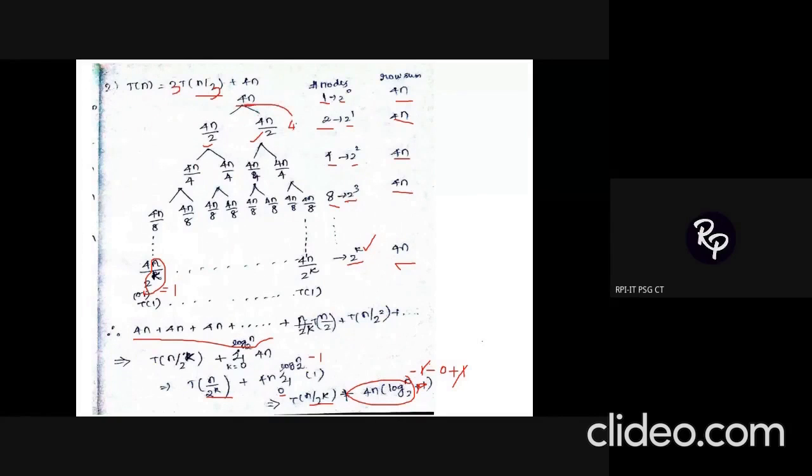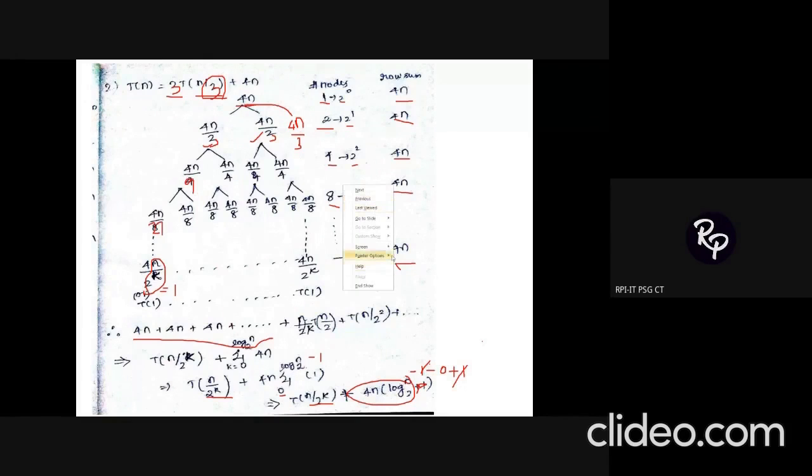So this becomes 4n by 3. This time it will be 3, and here again it is going to be. So this a number will decide the number of subtrees. This b number will decide what will be the division step. So n by 3, next time it will be n by 9, and next time it will be n by 27. So b value will decide this denominator part, and a value will be deciding the number of divisions.